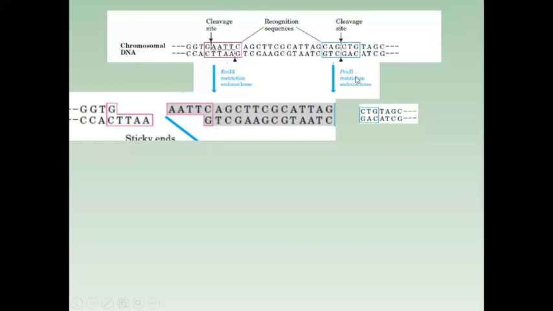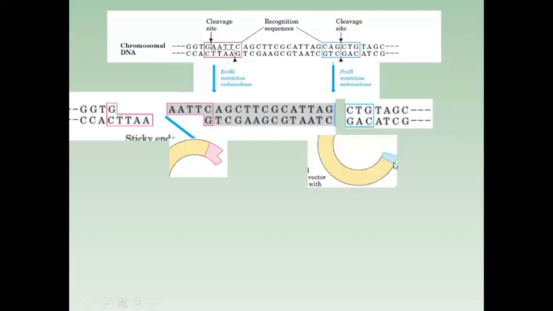While in the case of PvuII, it cuts in between the GC and CG of this sequence, CAG, CTG and CAG, CTG. So when it cuts here, it will generate this type of end with no overhang, a simple cut. So like this, we can understand that there are two types of cut: one is staggered and another is blunt cut. In a staggered cut, the ends will look like this in a DNA, and in the case of a blunt cut, the ends will look like this.